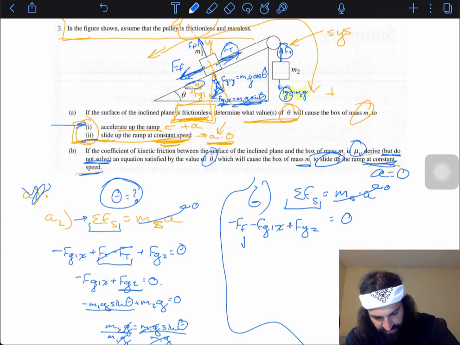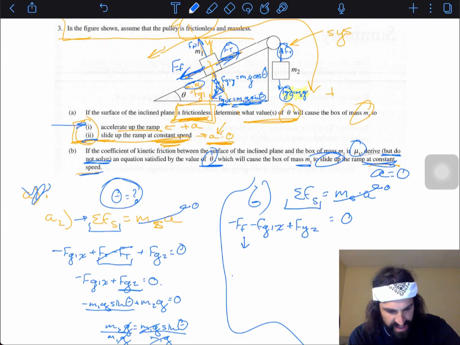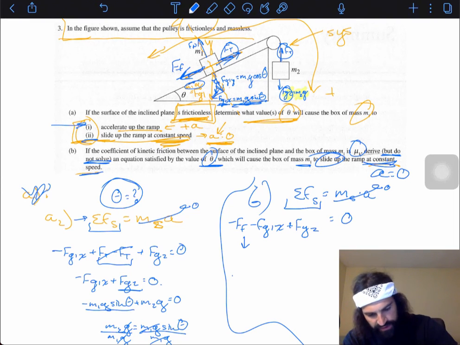And now plugging in our values, what are we solving for? An equation satisfied by the value theta that will cause it to slide up the ramp. So